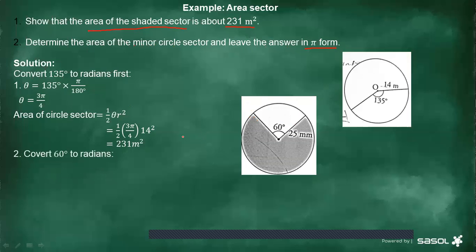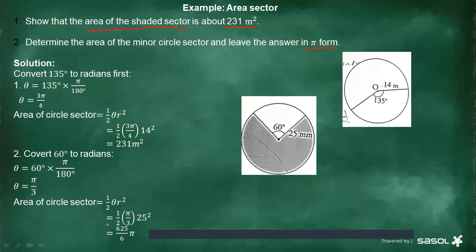First, we have to convert 60 degrees to radians, and therefore we're going to multiply 60 times pi over 180. Then the angle in terms of radians is pi over 3. That is the angle that we are looking for in terms of radians. We can now write the correct formula for area of a sector, which is 1 over 2 theta r squared. And then that's how we substitute. And then the answer is going to be